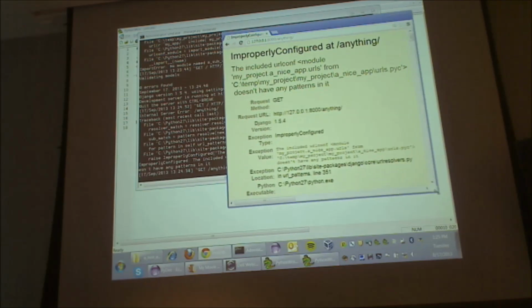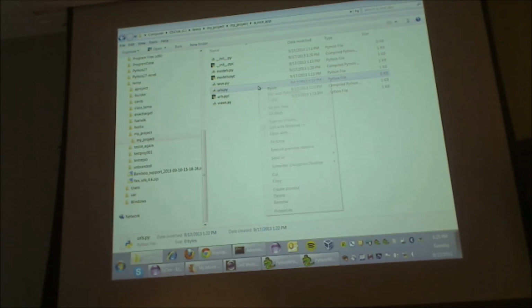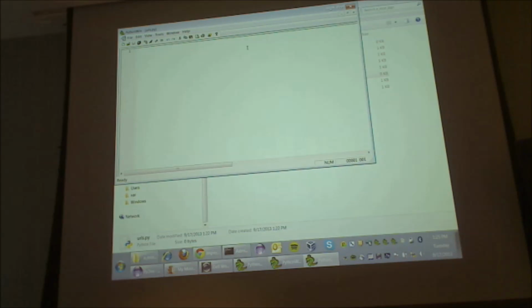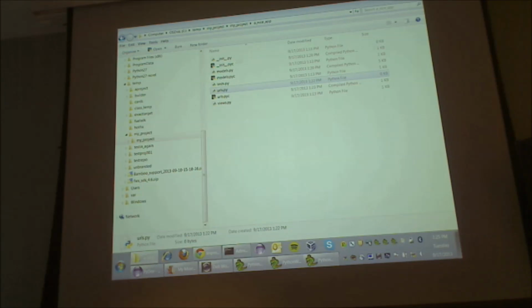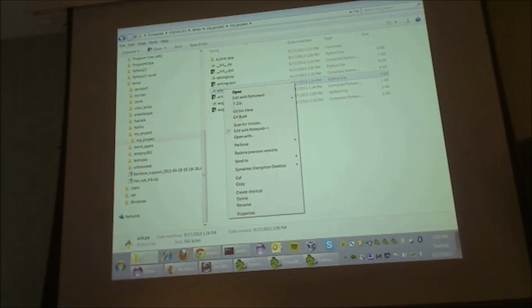it's all like, I'm happy, except your URL doesn't have any patterns in it. Which is true, right? I just created an empty file. Let's go ahead and look at that file here. Empty. Yeah, not so good. So let's go ahead and make one, and I'll show you the cheap way to deal with this. We go up to our URLs in the root. We can open that,